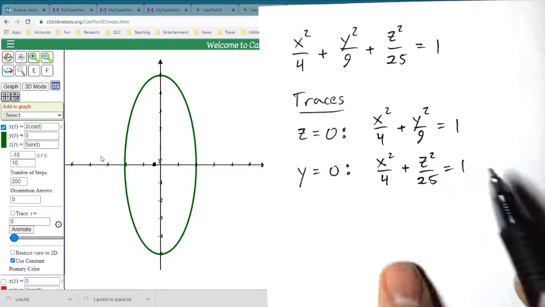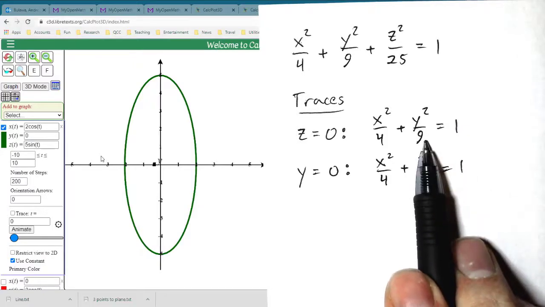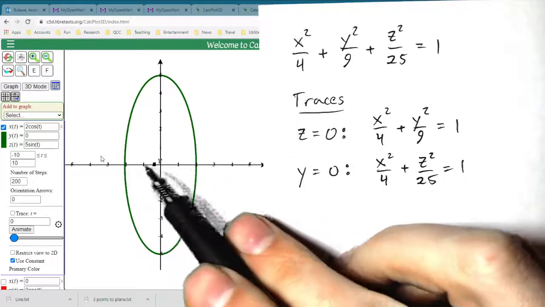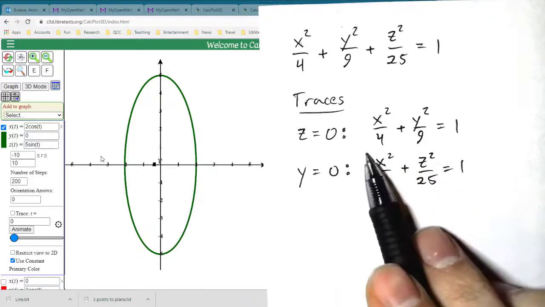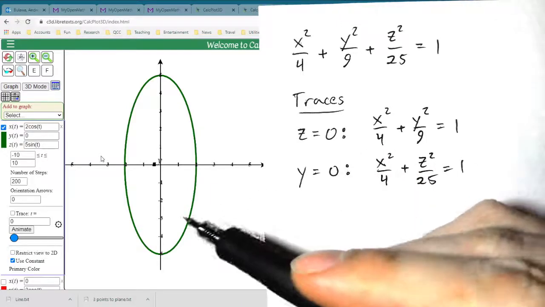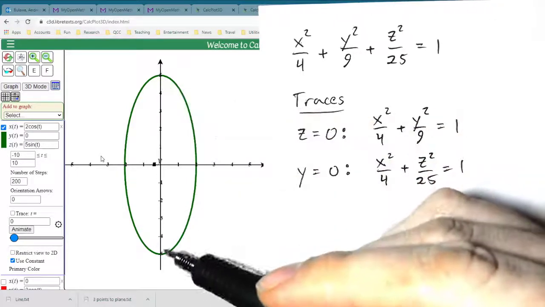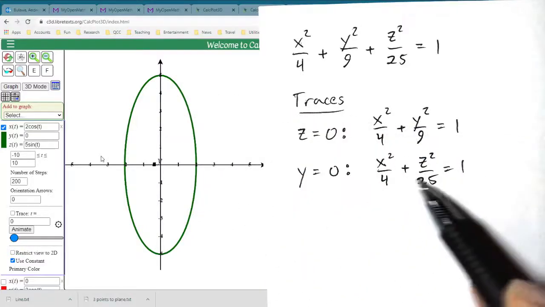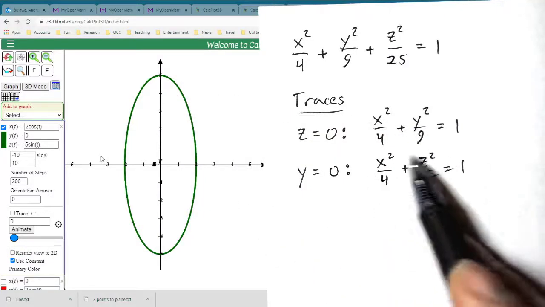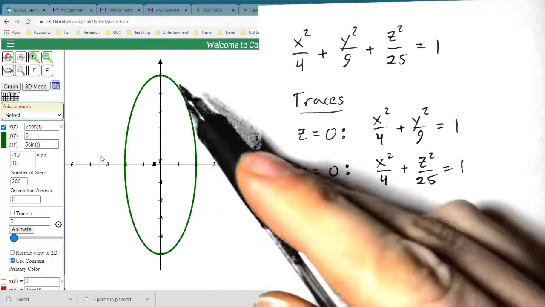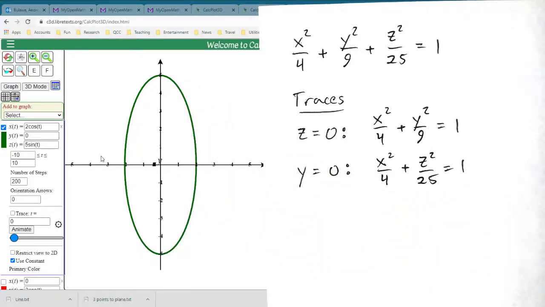Let's see, if I set z equal to 0, I see the two solutions are x equals plus or minus 2. Those are those 2 points. And if I set x equal to 0, I see the two solutions are z equals plus or minus 5. Those are those 2 points. That's how I can quickly get the dimensions of that ellipse. But recognizing that this is an ellipse, I can then fill in the rest, right? So that is how the surface intersects the